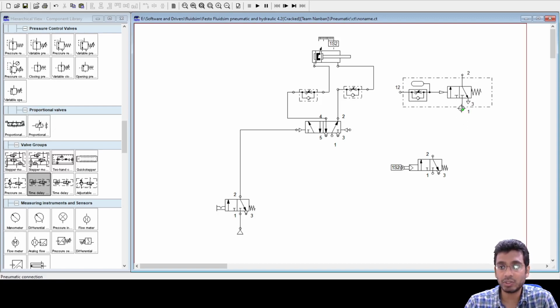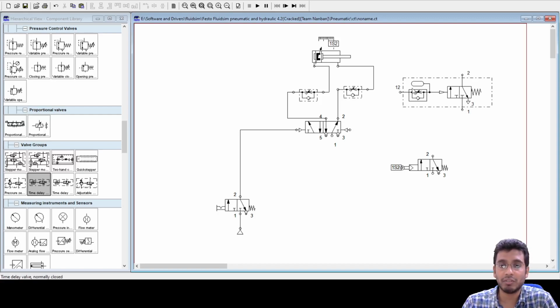Hence this source, which was earlier blocked, the pressurized port 1, will then get connected to port number 2. That gives you the time delay.